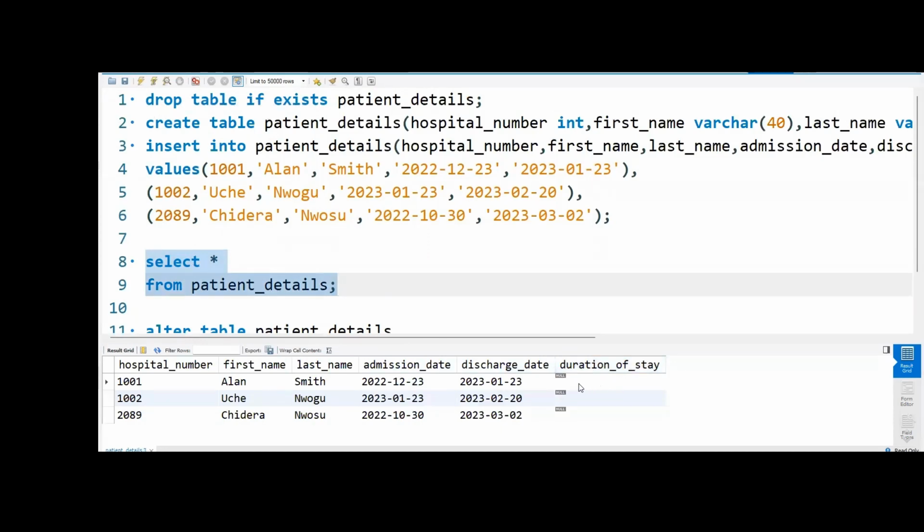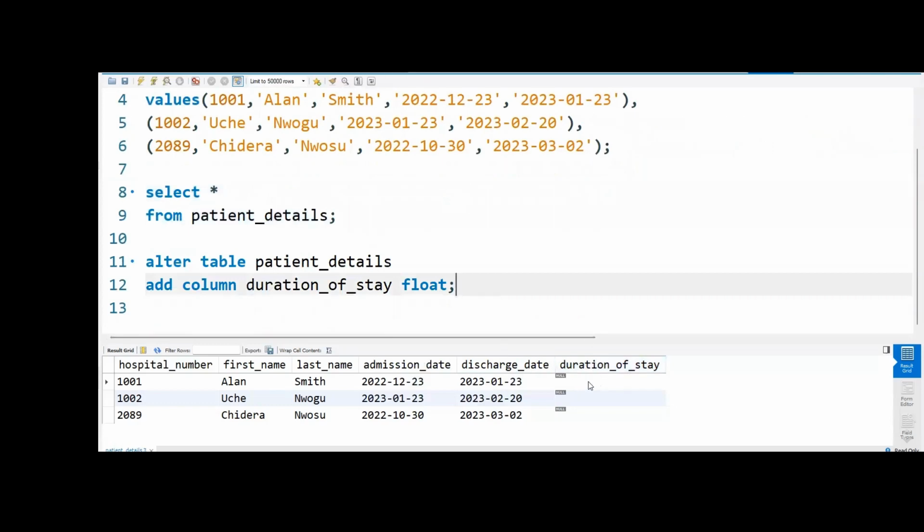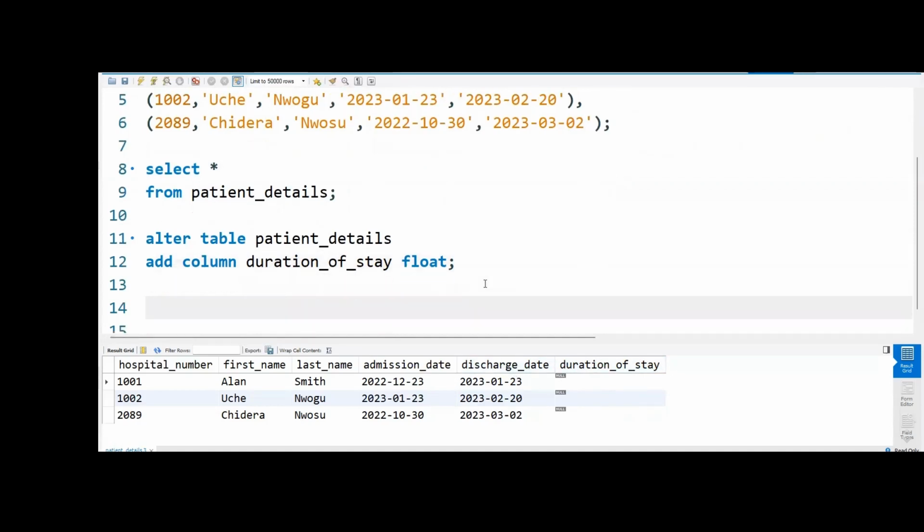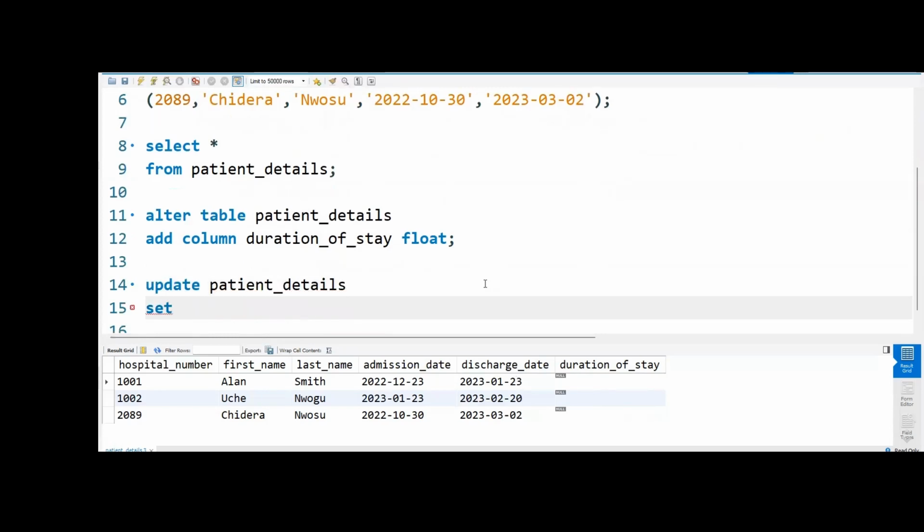duration of stay. Okay, and still in the last video, if you watch my last video, you see how I demonstrated how we can then add values into this. So now let's just do it, just so that everything makes sense. So update patient details, and then set duration of stay equals to